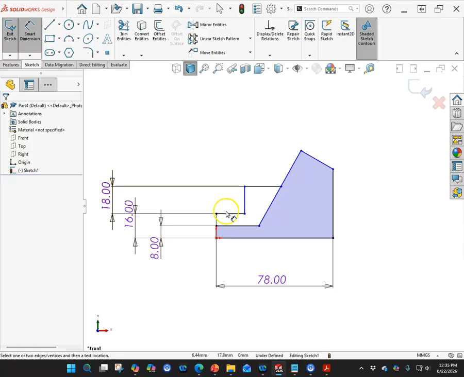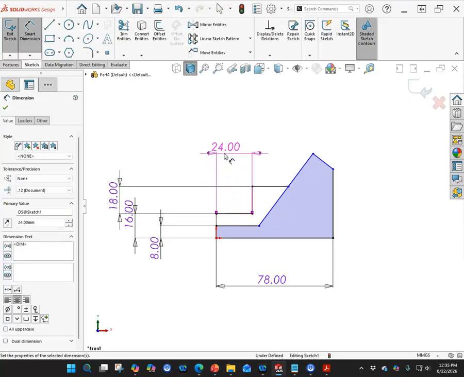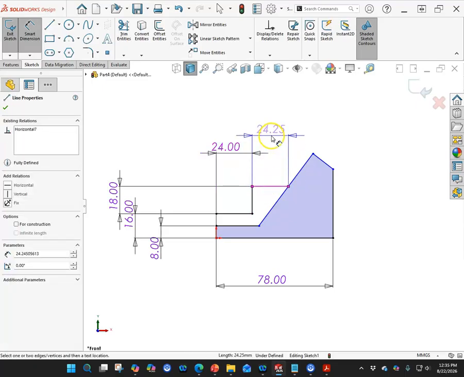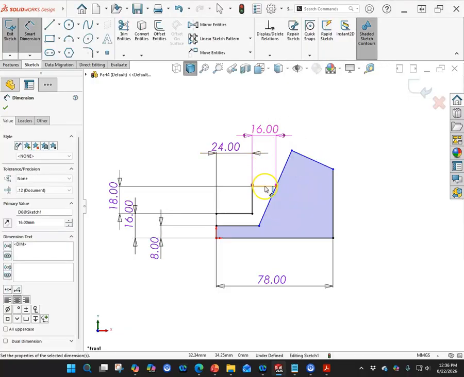All right, so the next one is 24. We'll see what that does. So that kind of kicked it back a little bit. And then we have 16. So again, select, place the dimension, add the value, hit the OK. So now we get into the